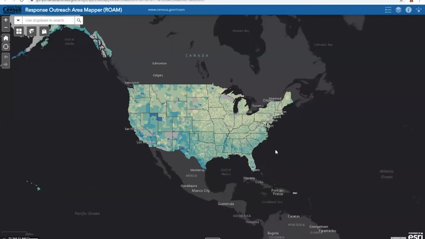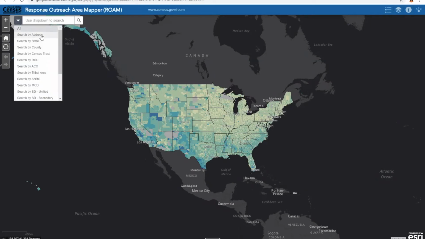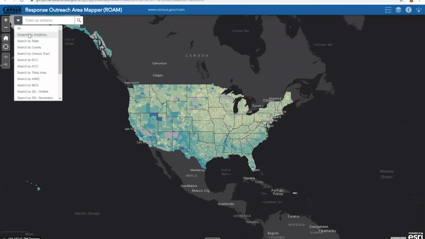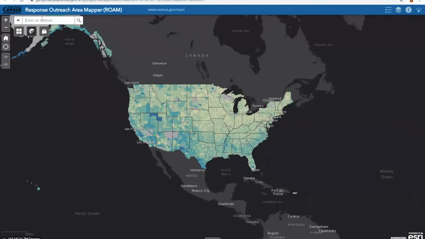Get rid of that. On the upper left side, the bar, let's search by address. Select that drop down, search by address, and just type pretty much any address: your home address, school address. I will just do